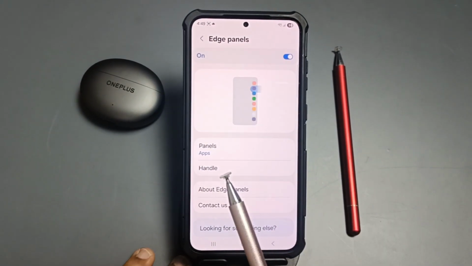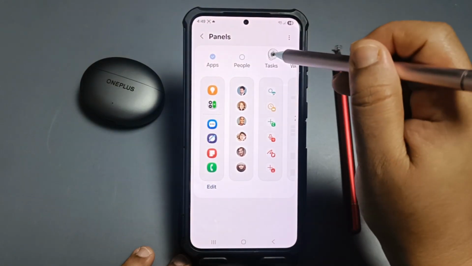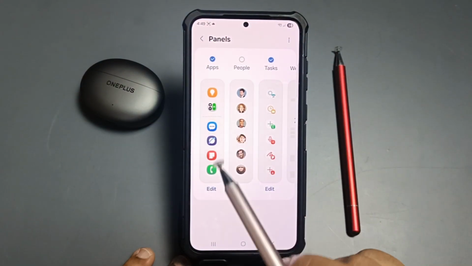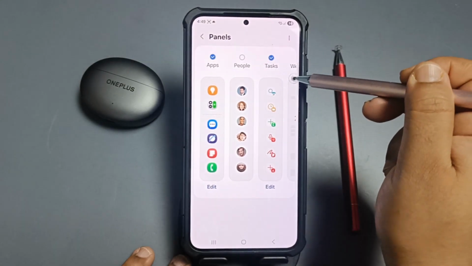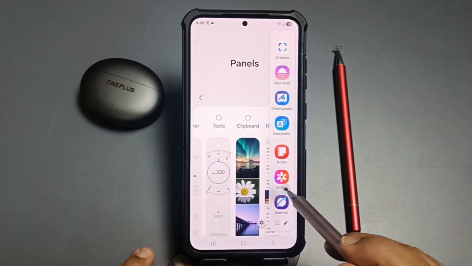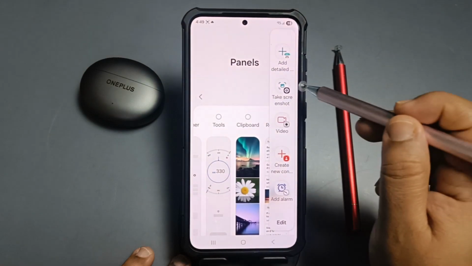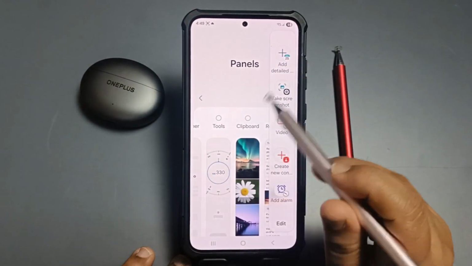Now we need to customize this one. Tap on the option panels. Now we need to add the task option also together with the panel. Now open the Edge panel. Now swipe right. Here you can see the option take a screenshot under that